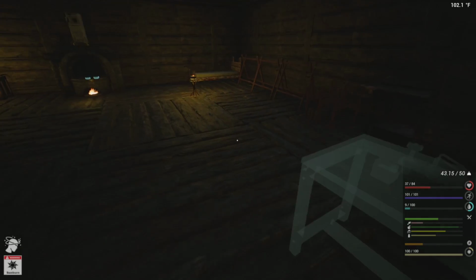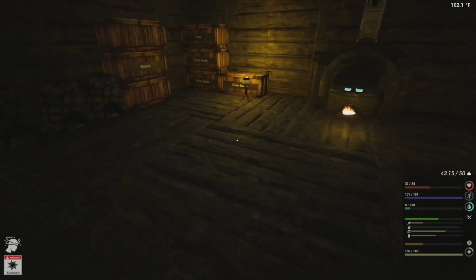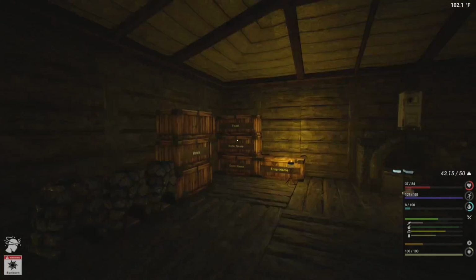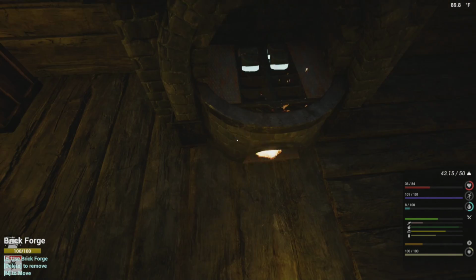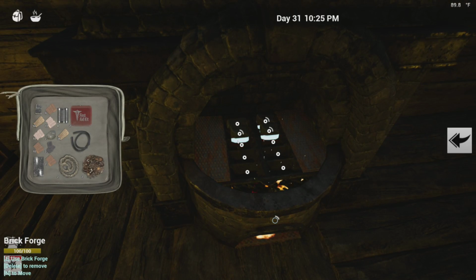So E to add materials. Right now I am using a controller. I am not using the mouse and keyboard. So I hit circle on here, and that allows me to open this. And if I grab,